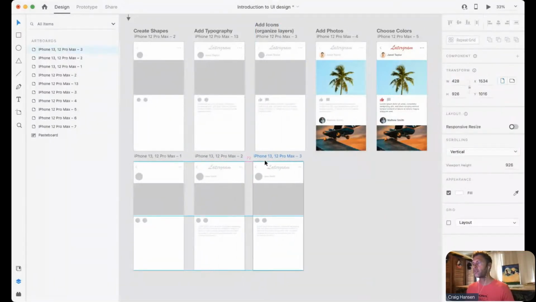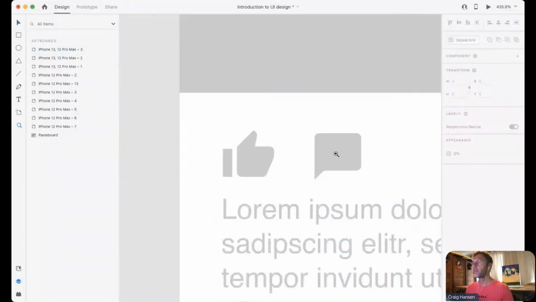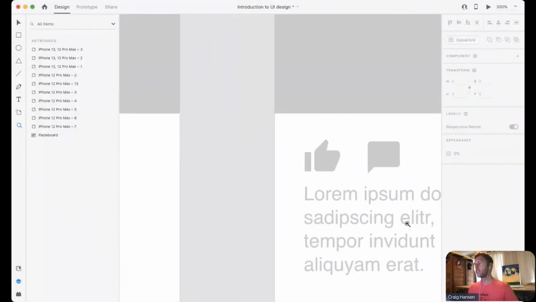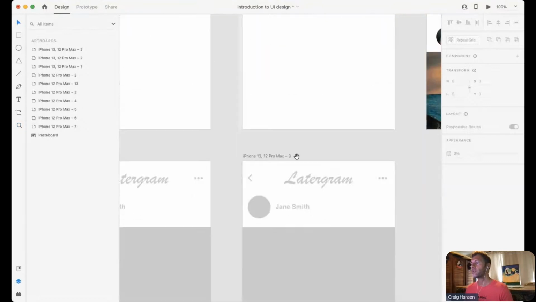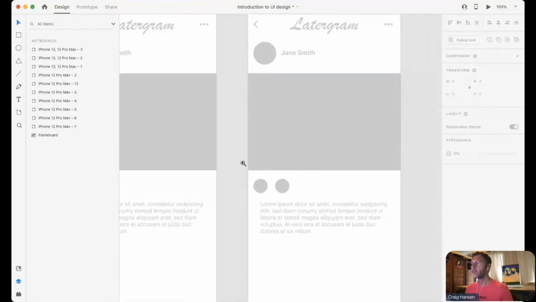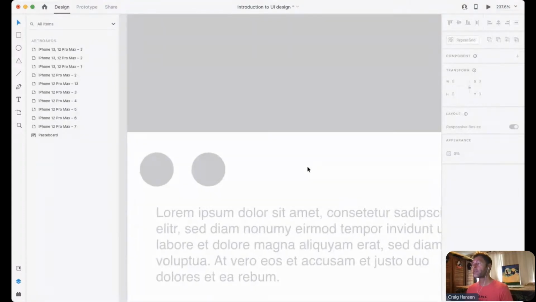So I'm going to copy this guy over so that everything is pixel perfect. And all we're going to add are the thumbs up and the conversation bubble. Now, I do suggest, especially if you're just starting out, that you attempt to draw icons yourself, of course. And I'm going to real quickly draw a similar conversation bubble, but then I'm also going to show you how lovely, especially at these early stages, using plugins can be. Because let's be honest, there are thousands of thumbs ups out there that have been drawn better than I can draw them,